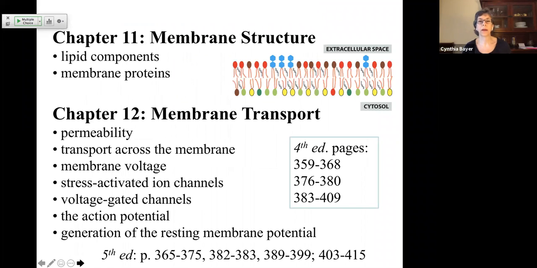And we're going to look at our biologic membrane. First, look at the structure, the components that make up the membrane, and then we will look at one of its very important roles in regulating transport, regulating which compounds, which ions are able to enter or exit the cell. So if we look at the structure first,